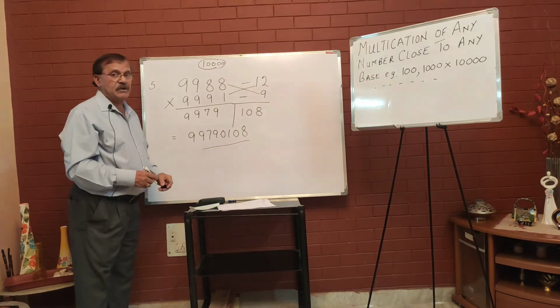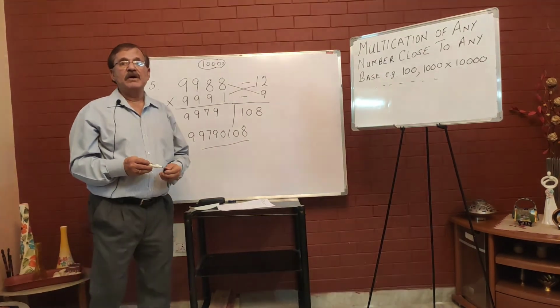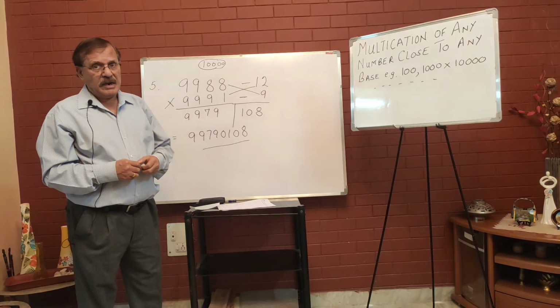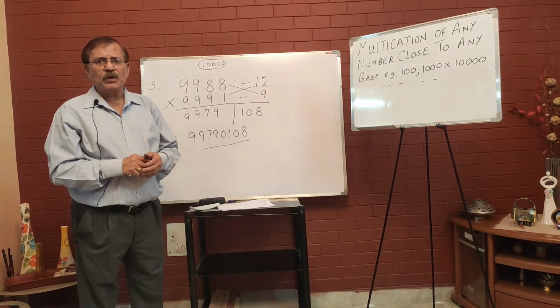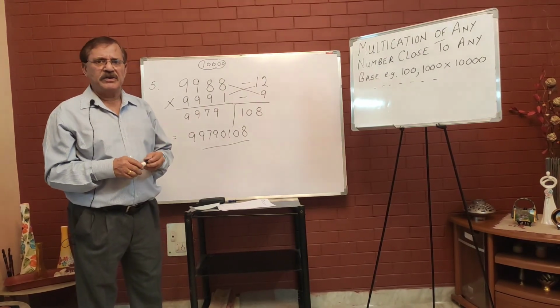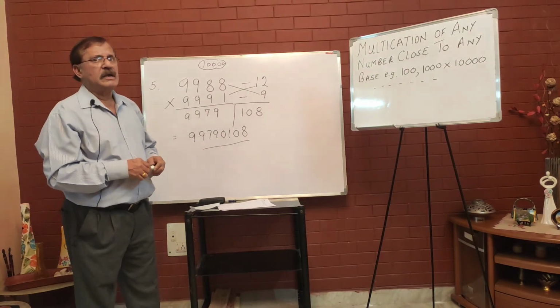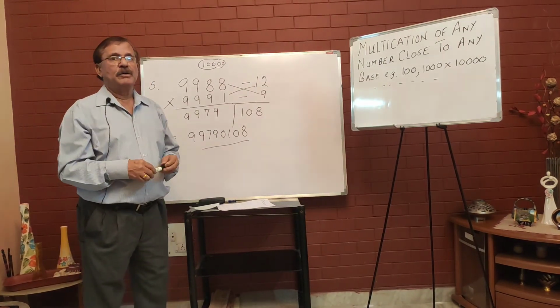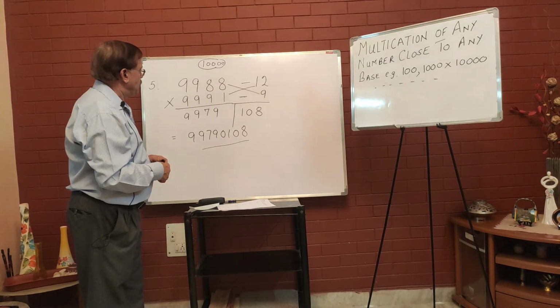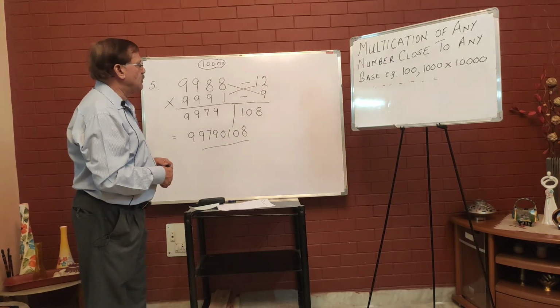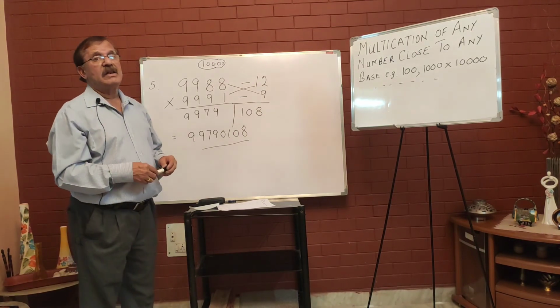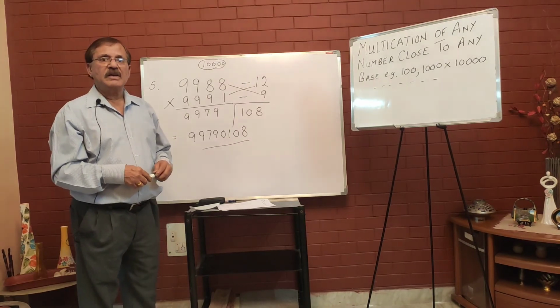9991. So you must have seen how we have multiplied numbers which are close to various bases, that is 100, 1000, 10,000, and even you can do further more questions. So the concept, the method is quite easy to understand, and you can work out these large numbers using these